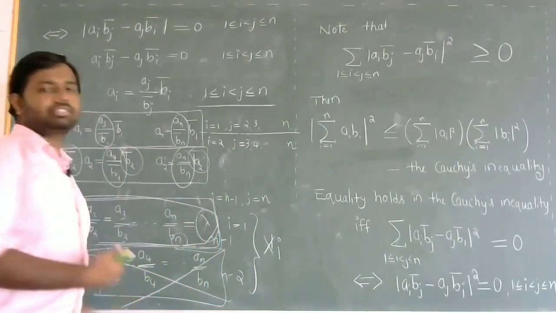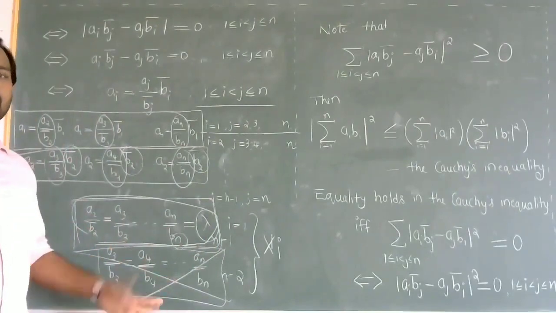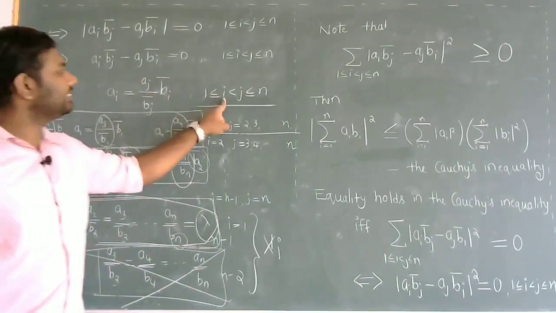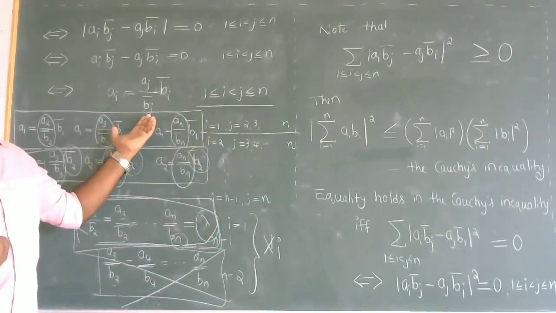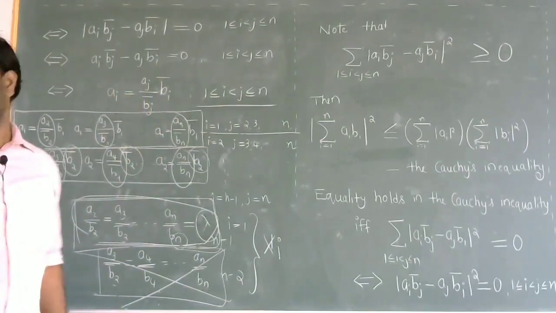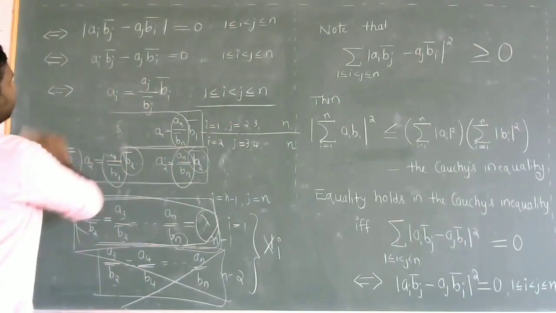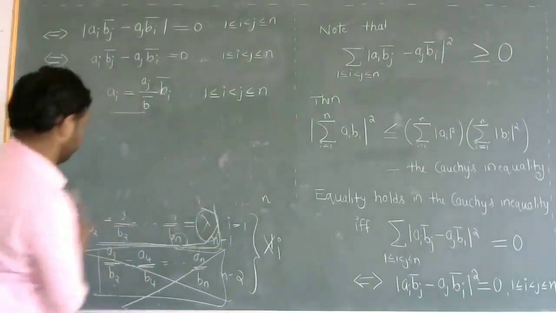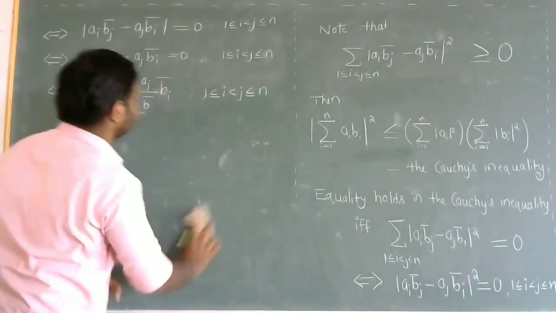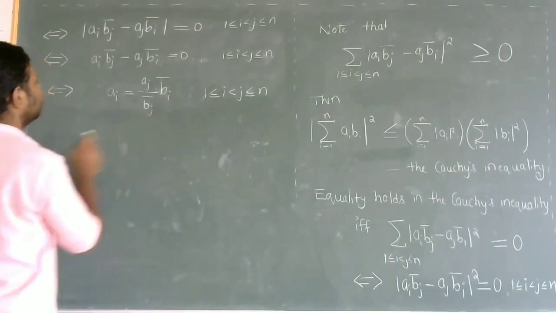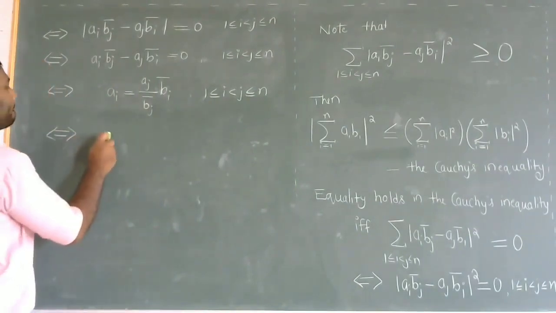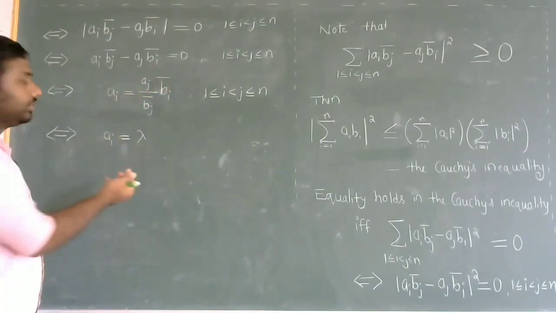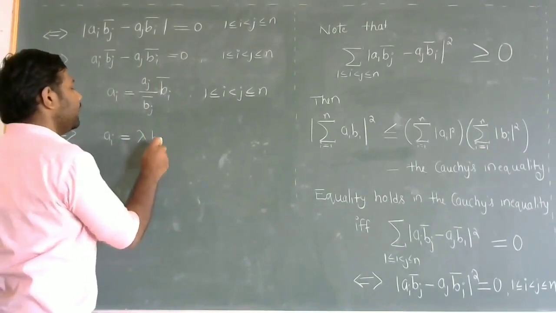And you can take that constant value to be anything: alpha, beta, lambda, anything. So if I take it lambda, then I can replace this aj by bj bar. As i and j vary, this represents a single value, so I can replace it by some constant, right? Which is if and only if ai equals lambda into bi bar, taking all such constant fractions to be lambda.